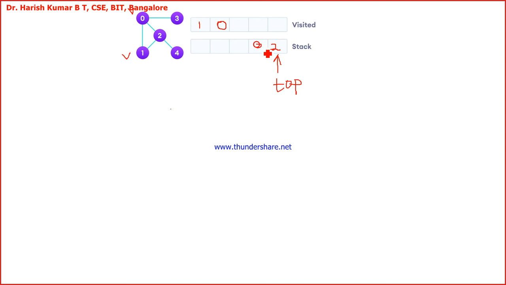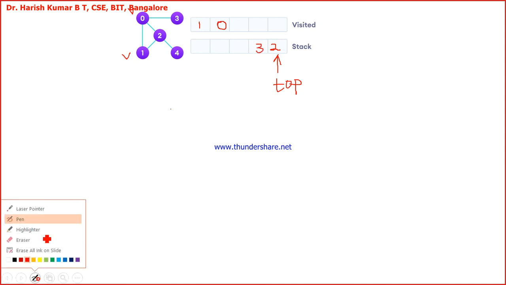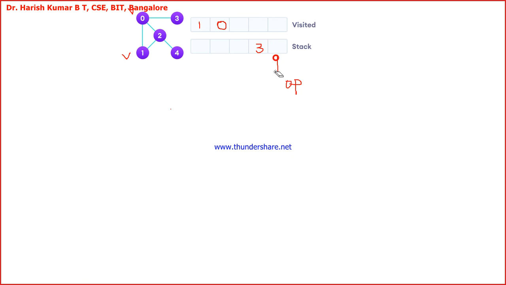I have to push 3 onto the stack. So I have 2 here, and top is pointing to this. Okay, so next node to visit is 3.